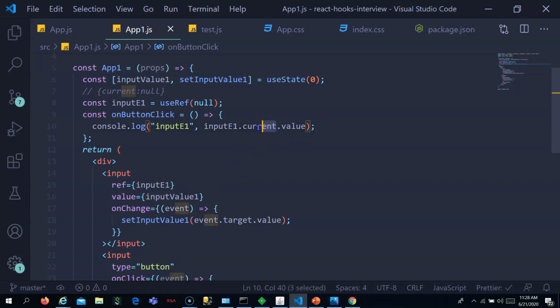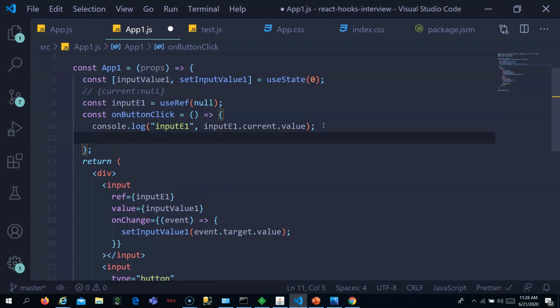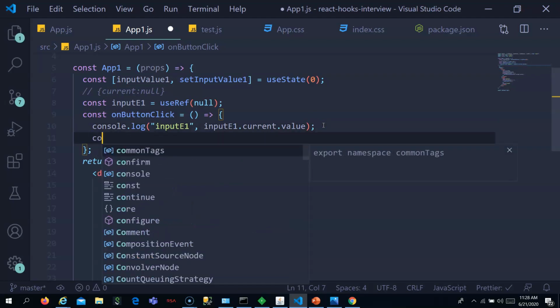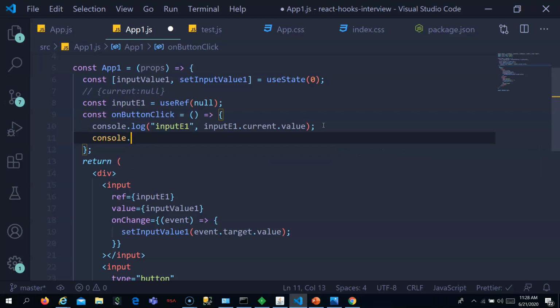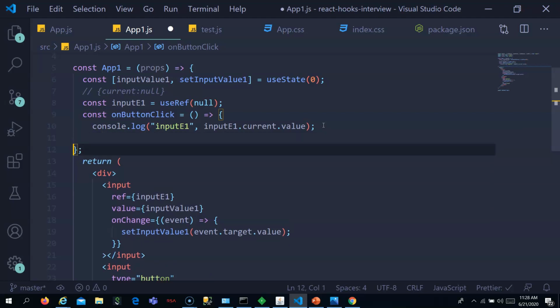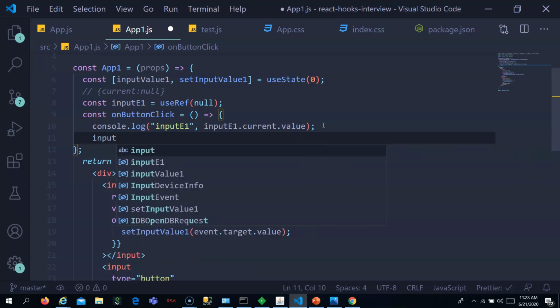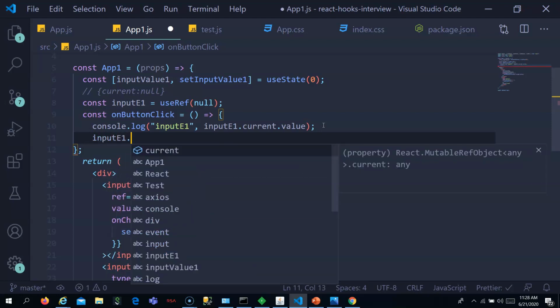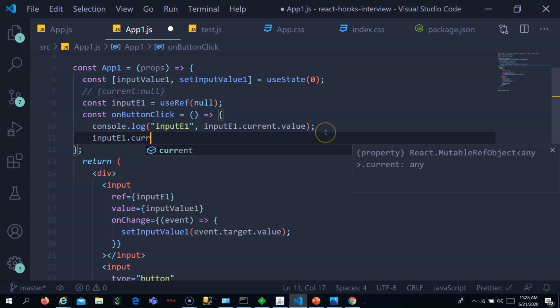Since we have the DOM element here, we can do anything we want. We can access the value, or we can even change the background color. We can say inputEl.current, which is the input element's DOM element.